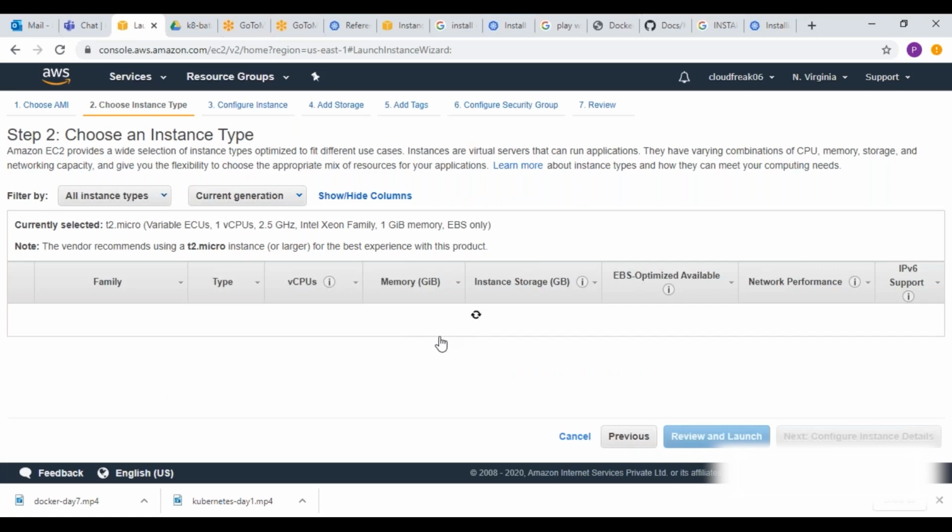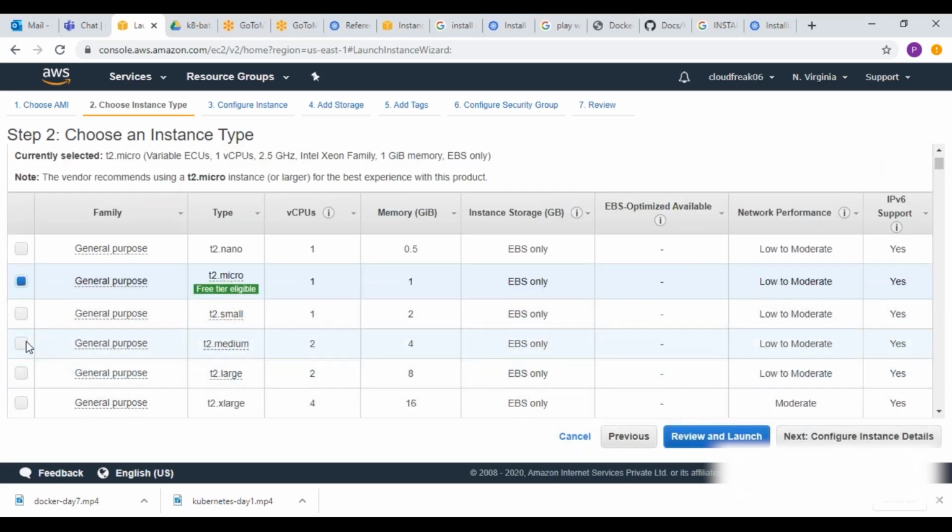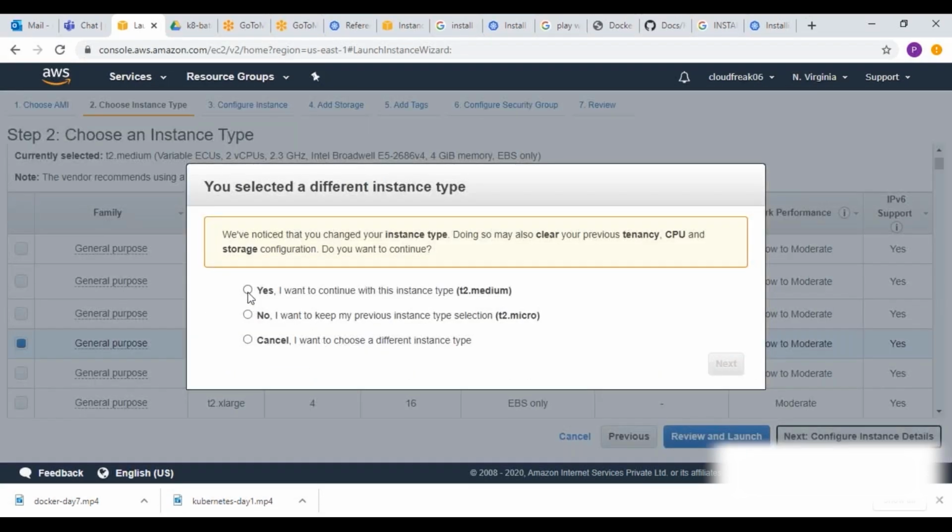I selected t2.micro. But apart from t2.micro, if you are selecting any other instance, they will charge you. So I'll take t2.medium for this one. It expects 2 CPUs minimum. So 2 CPUs is available for t2.medium. So I'm selecting t2.medium. Yes, I want to continue with t2.medium